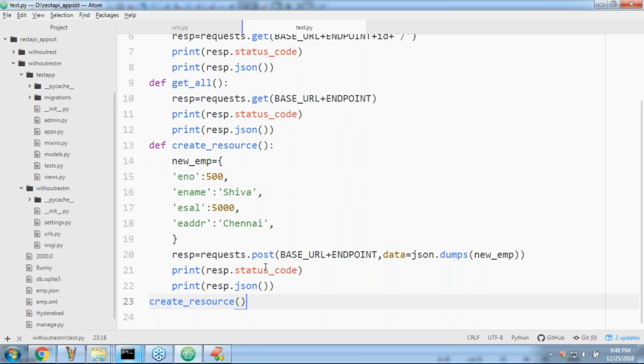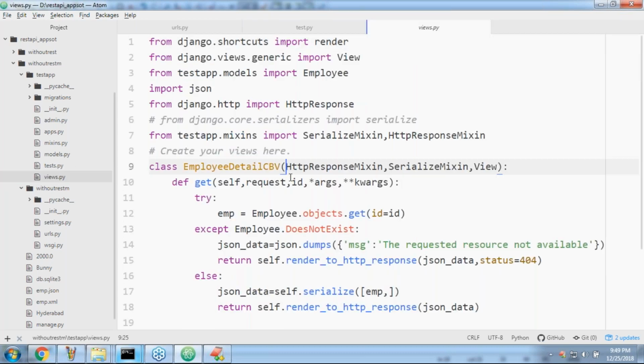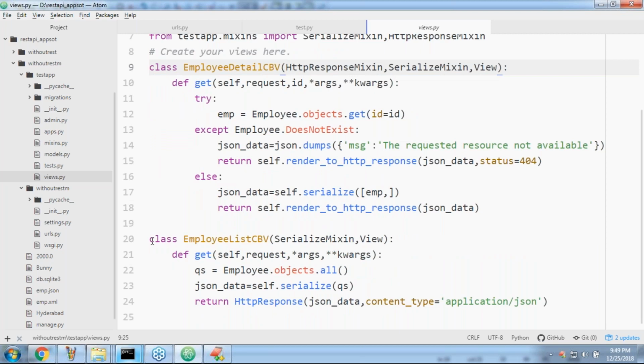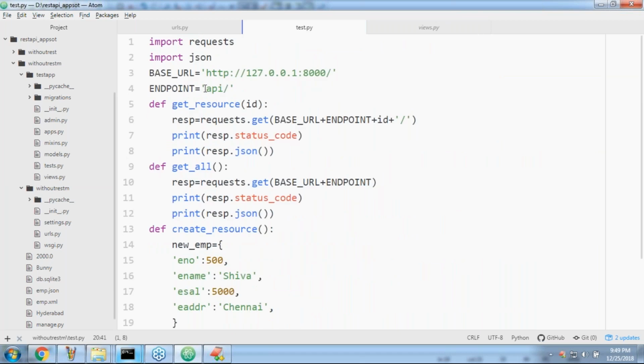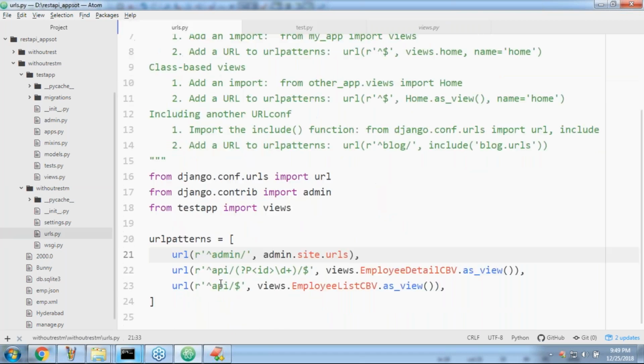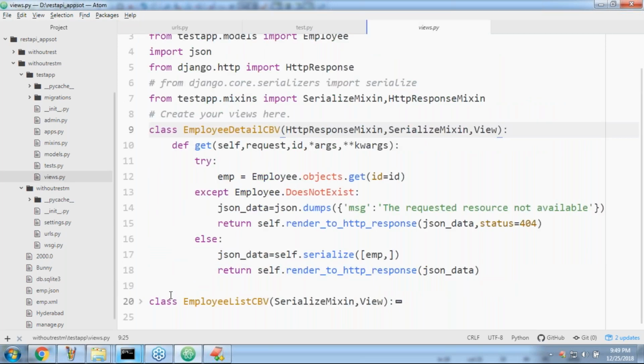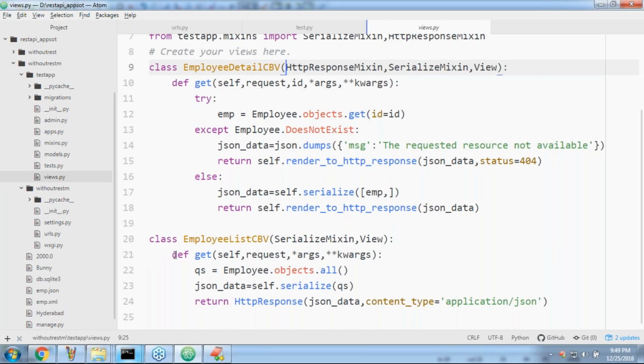Any doubt? Now I wrote a Python client application, or partner application, to send a post request. But to handle the post request, let me go to views.py. In the views.py, which endpoint am I passing? Endpoint means API. In the urls.py for the API, sir, employee list CPV is the one. Employee list CPV. Okay, this method is already there.